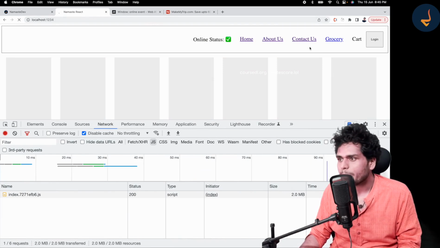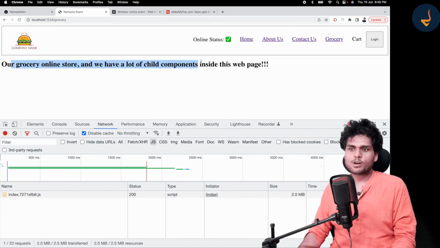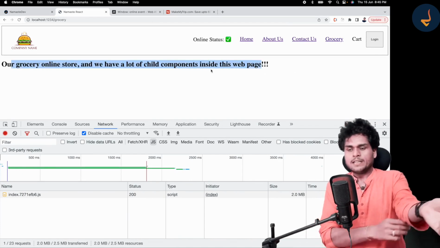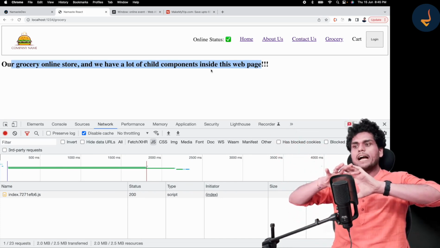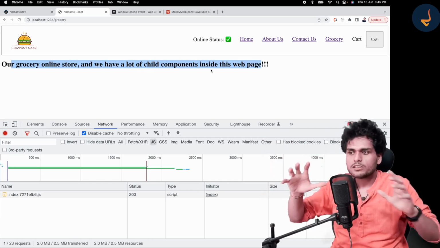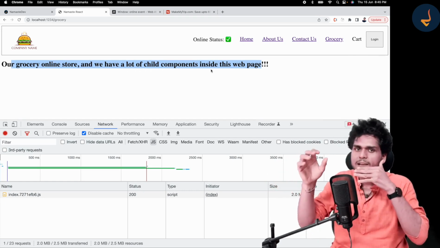If I click on this, we have a grocery store. This grocery business also has a lot of child components inside it. Think of it as a big app, a small app inside our React application.